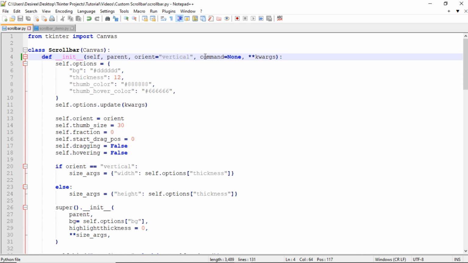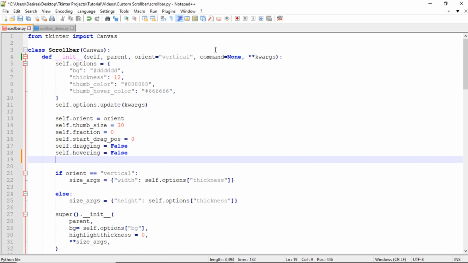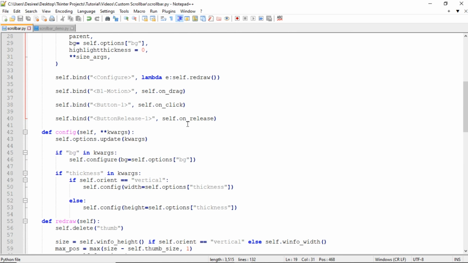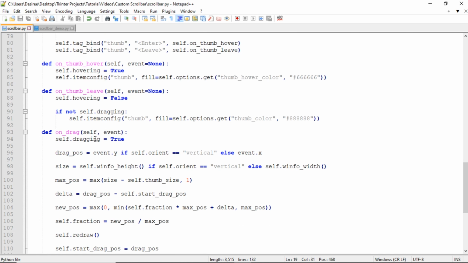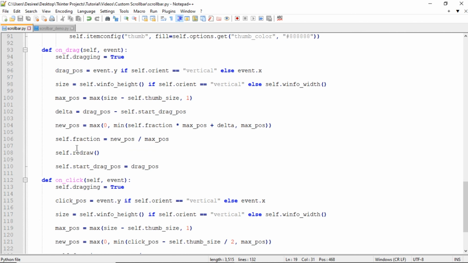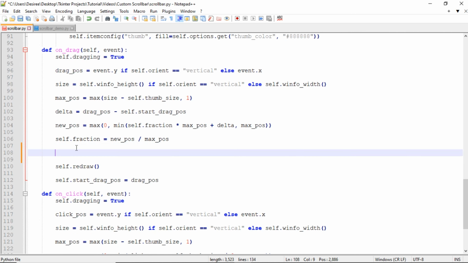Then we'll store the command parameter as an attribute. So down here underneath self.hovering, we'll just do self.command is equal to command. Next, we have to update the onDrag and onClick methods to call the command. We'll call the command right after we call the redraw method. So let's go down to our onDrag method right here. And so right here before our redraw, we'll do if self.command